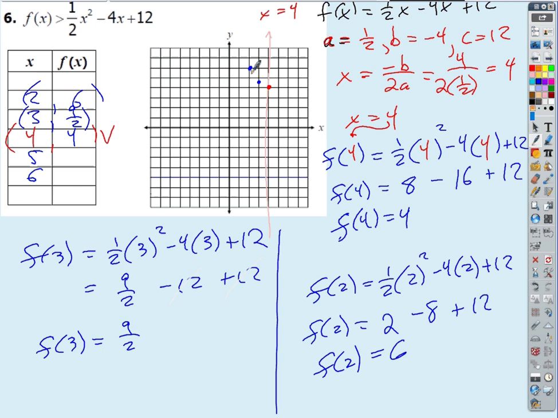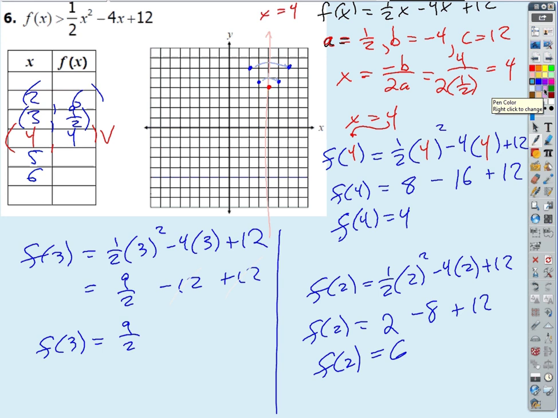A little easier to graph, a little easier to calculate. We really didn't even have to do that other one, right? It's a fraction. We could have just skipped it. As long as I get 1 point on each side like that, that's probably enough to graph the parabola. And then we could just reflect those over the axis of symmetry to get points on the other side. And if I connect them,